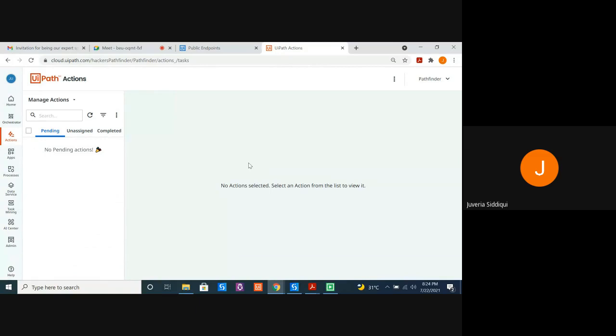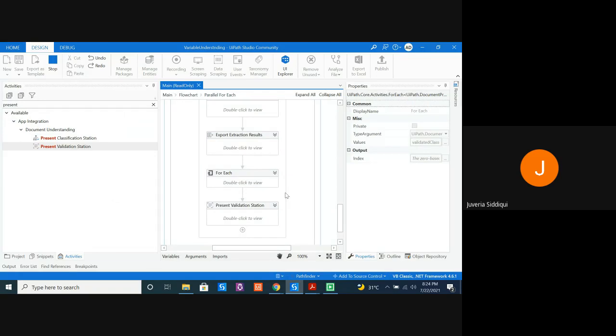Now we are learning how to train the robot to extract information correctly. It is totally dependent on the confidence level that you're getting out of your extraction. Also, the activity that I'm showing you right now is not necessary to be performed every time. You can basically write code that checks your confidence level, and if the confidence level is less than the required value, only then you go ahead and present the validation station.